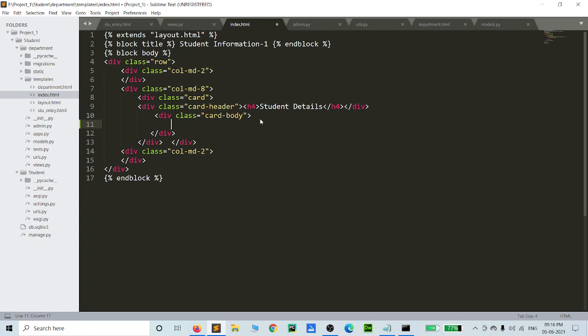Simply we call it; you can create your for loop value, like stu in student, and close the for loop.